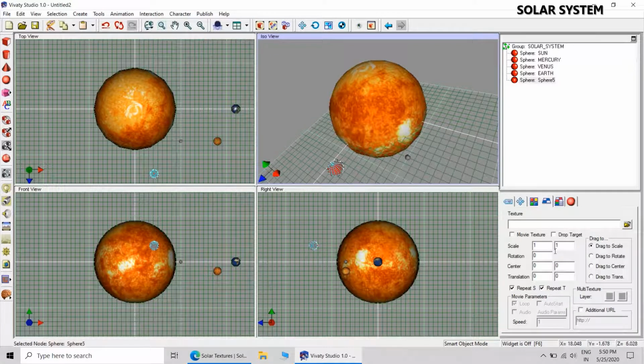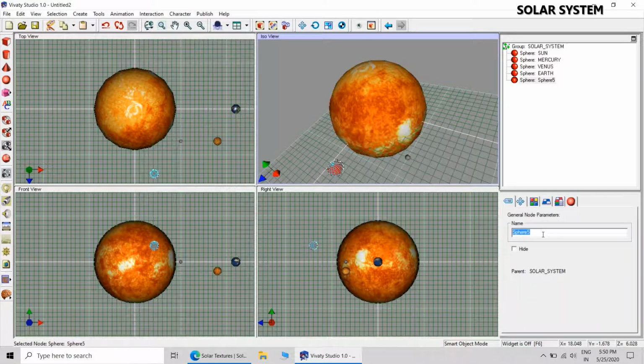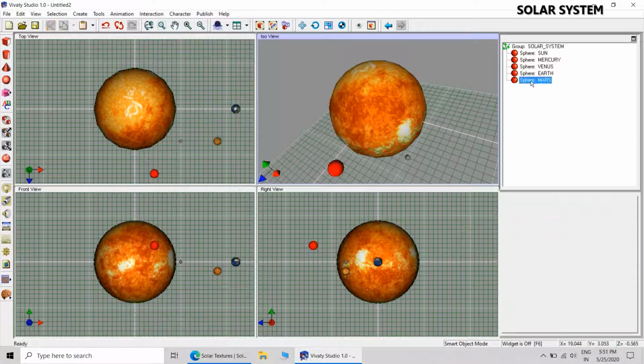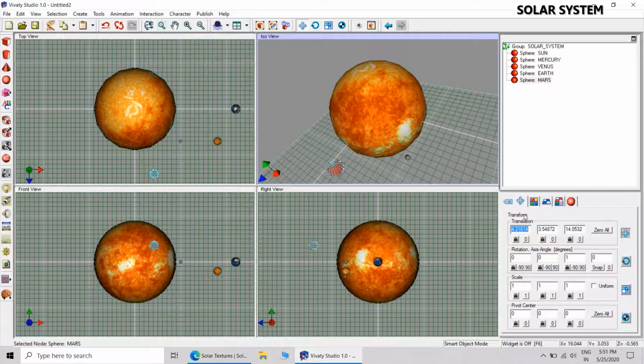And then there is the next planet. This will be Mars, the planet of our interest. And the scale will be 0.54.